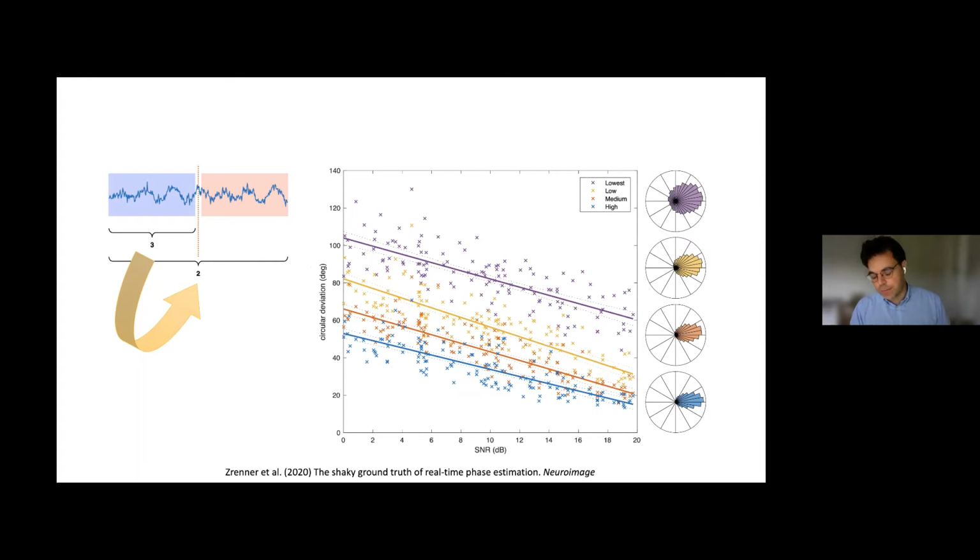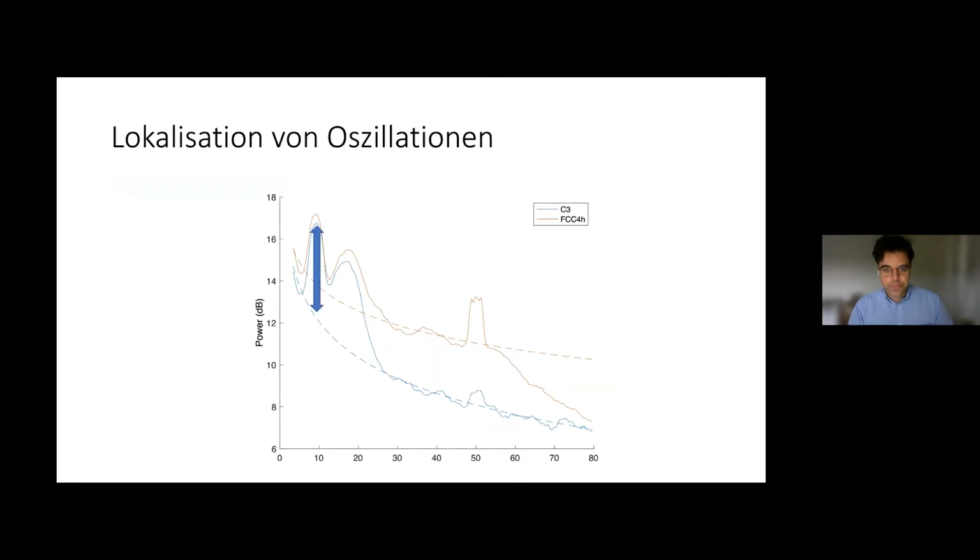Here on the right in the raw plots, you can see the spread of the phase errors that are estimated. And if you have the oscillation in a high signal to noise ratio, and if you stimulate during periods where the amplitude of the signal is high, you can get very nice targeting. But if either of these conditions are violated, you're really not stimulating very accurately. So those are the two points in terms of spatial and temporal signal extraction.